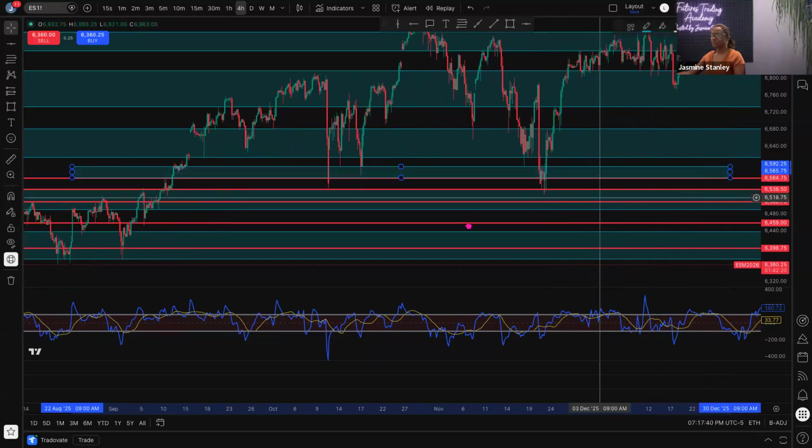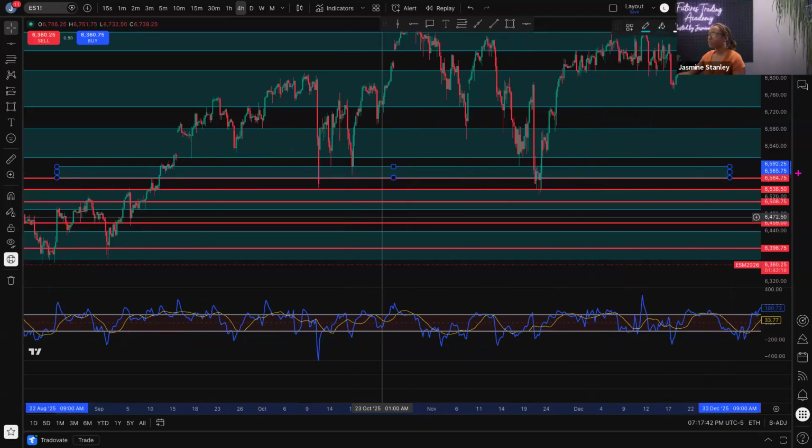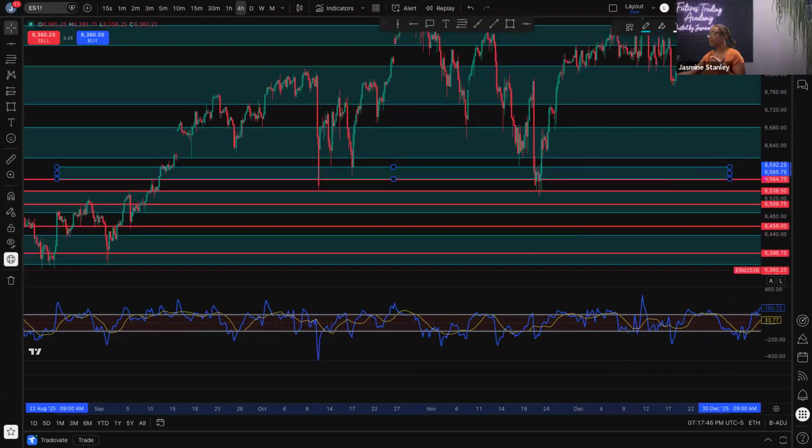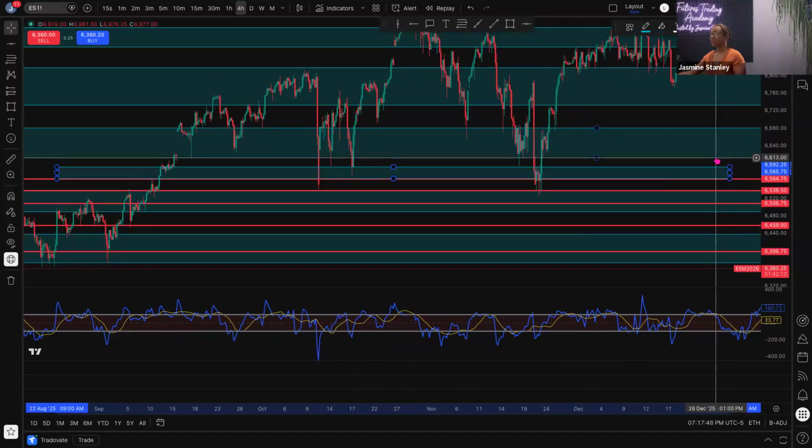Almost 30. I want y'all to know the magnitude of these zones. These are big, big. A 30-point move. I just want to explain to you how much money that is with one micro. That's what, $50. If you put $50 in the market and you traded one of these zones and it went